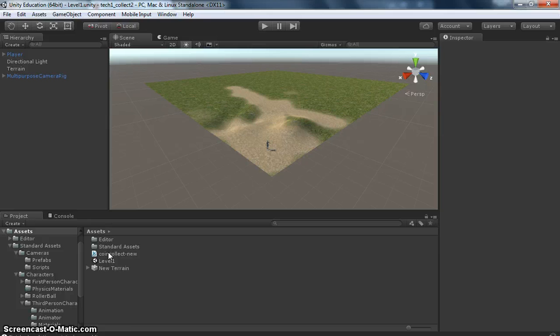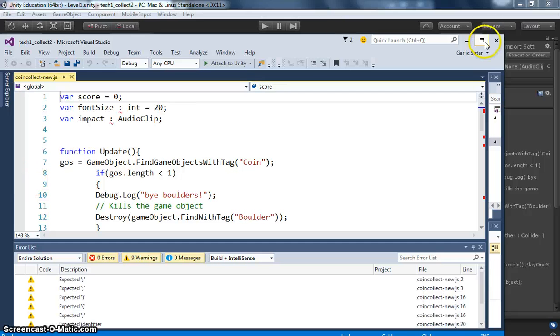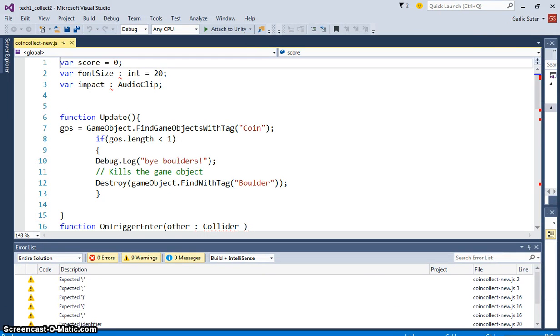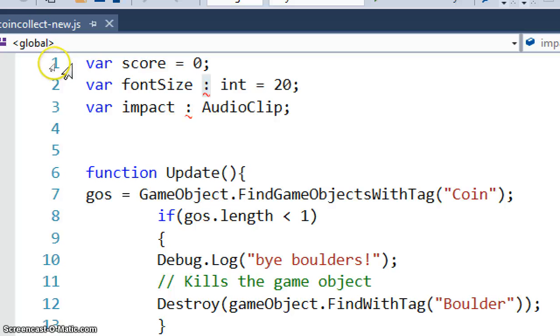Now double click that coin collect new, and it's going to launch into our code editor, which for my students is Visual Studio, a Microsoft product. Some of you it might be MonoDevelop. Either one is fine. Now we don't need to write any code in here because this is just an intro to using a script, and then we're going to modify the script. But just to give you a basic overview of what's happening,